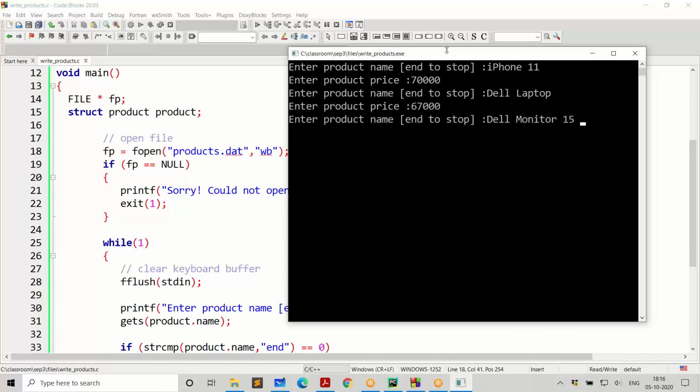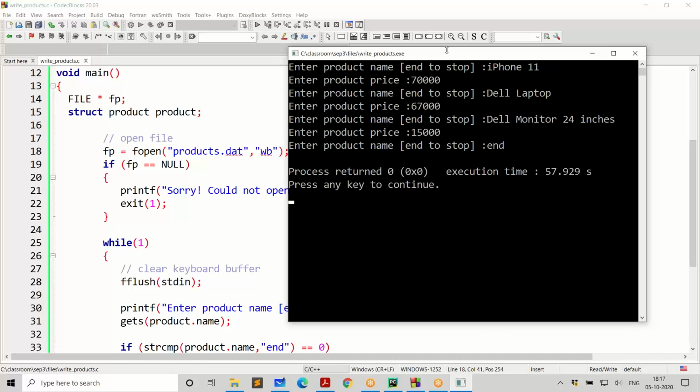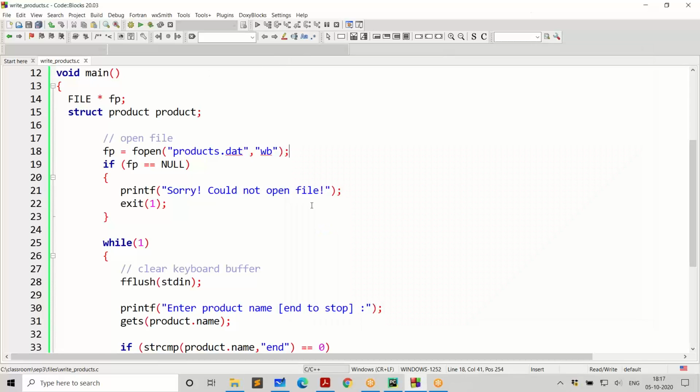And you can also say 15 or 24 inches, whatever. We can have up to 30 characters. So this is what we give, and we are saying 15,000. That's it. I don't want to give any more. I can give END, press enter key, the program stops. So by the time the program stopped, you have already given 3 products and the data is written into this